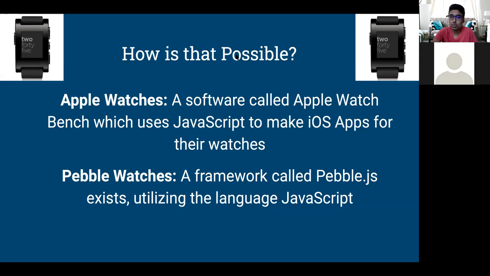Now, it gets even cooler because if we talk about, like, say, a Fossil watch or specifically a Pebble watch, which I got the pictures in the top right and left corner, there's actually a JavaScript framework called Pebble.js, a very unique name, right? Pebble smartwatch, Pebble.js, and that exists using the language of JavaScript. And basically, this framework made by the watch company Pebble is made so that you can make apps right away